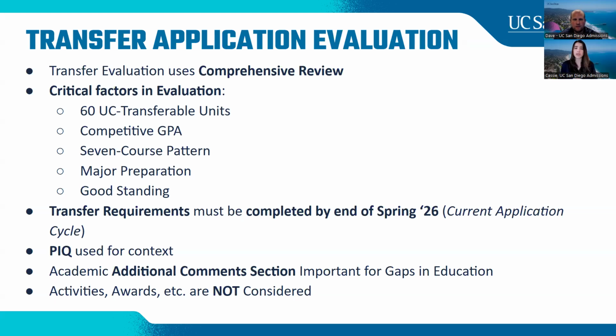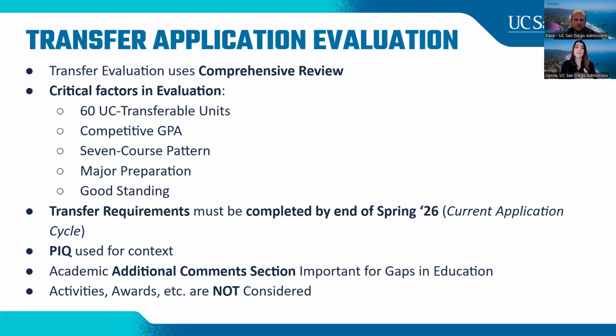So these are all really critical. They're all very important in completing your application, and you need to be done and meeting all of these requirements by the end of the spring term before you transfer. So if you are applying for fall 2026, we'd expect you to be done by the end of spring 26 semester or spring 26 quarter, again, depending on the kind of institution you're coming from. If you're looking at any of these requirements and you're thinking you won't be able to hit them until the end of summer, unfortunately, that does not qualify you for admission to UC San Diego, or at the very least, not admission to your major.